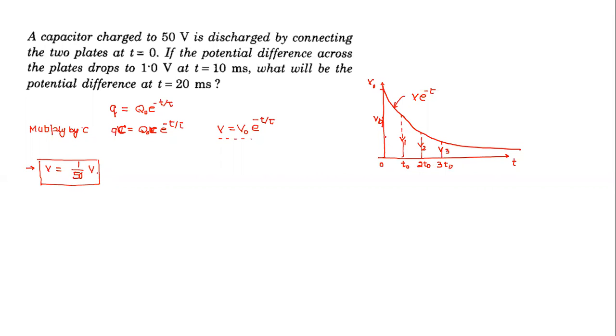In this case, what will happen? Just see that one and think of the proof also. V naught by V1 will be equal to V1 by V2 equal to V2 by V3. So whenever time intervals are equal, the ratio of values at the beginning and the end of the time interval also remains the same. Are you following what I'm saying? And can we get a proof of this?